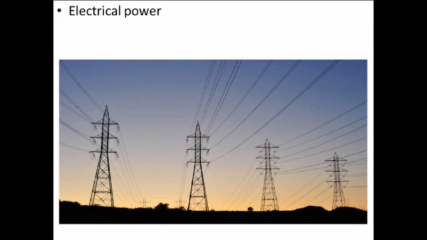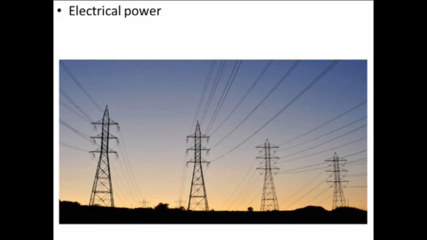The SI unit of power is joule per second or watt. If 1 ampere current flows through the circuit from a 1 volt battery, the power consumed is 1 watt. 1 watt equal to 1 volt into 1 ampere. That is, 1 watt equal to 1 volt ampere. According to the definition of electric power, P equal to W upon T. So W equal to P into T. 1 joule equal to 1 watt into 1 second.